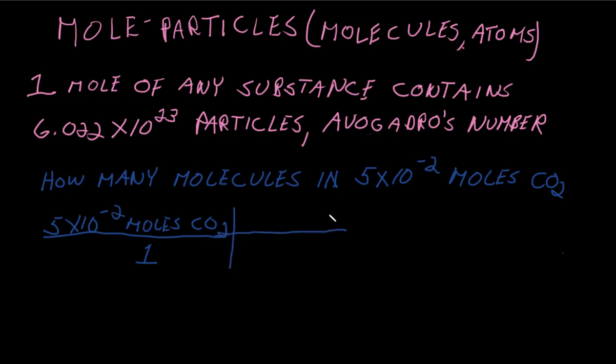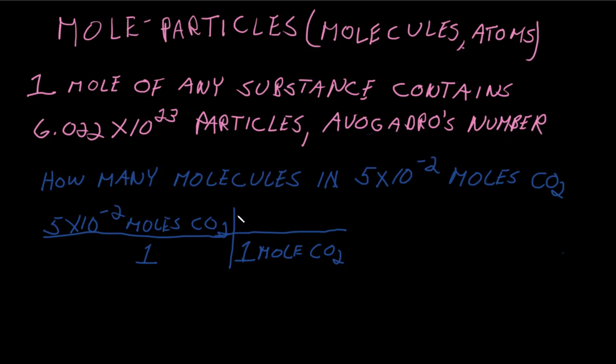And we want to find out how many molecules. Well, we know in 1 mole, again we got moles on the top, moles will have to go on the bottom. 1 mole of CO2